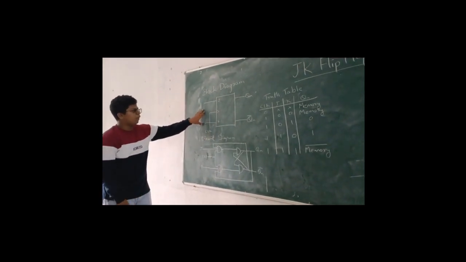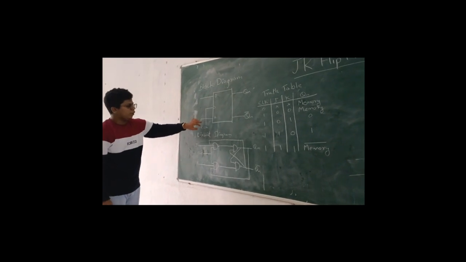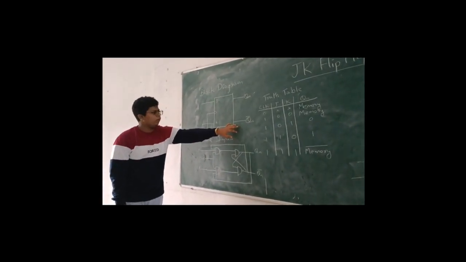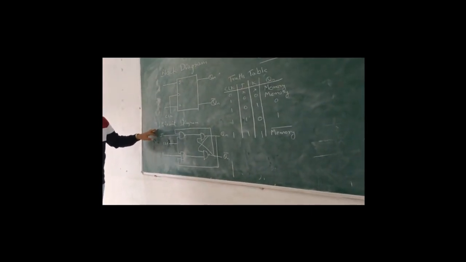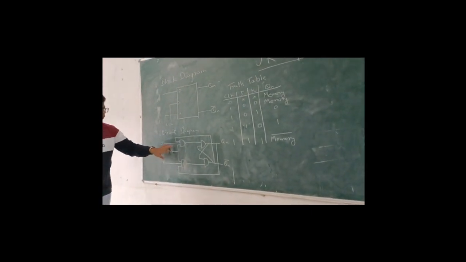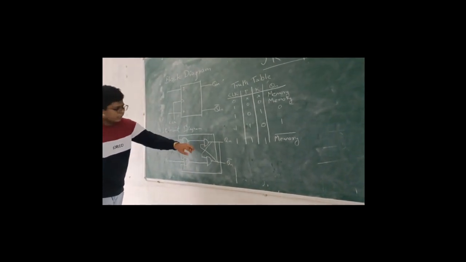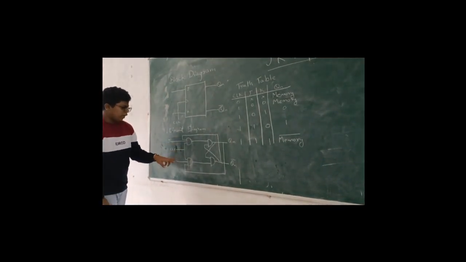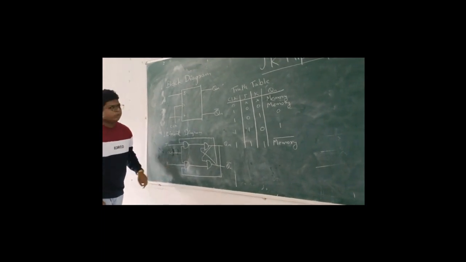This is the block diagram where J and K are the two inputs, and then a positive clock pulse is applied. We will be getting two outputs: one will be Q1, and one will be given by its complement. In this circuit diagram, only one modification is done: one more input is given such that the complementary input is given to the first NAND gate and the non-complementary input is given to the second NAND gate.